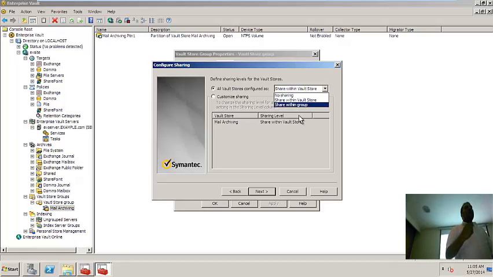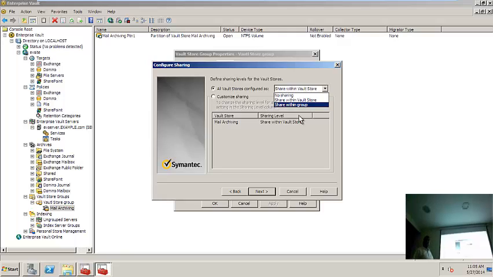If you send one email to 10 people, it will be saved 10 times in the storage. So share within vault store means that everything within this vault store will be shared with each other, and everything will be saved once in this vault store.